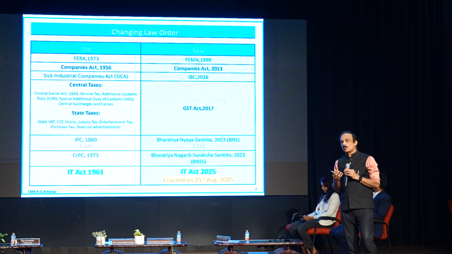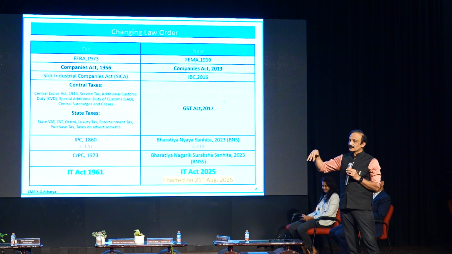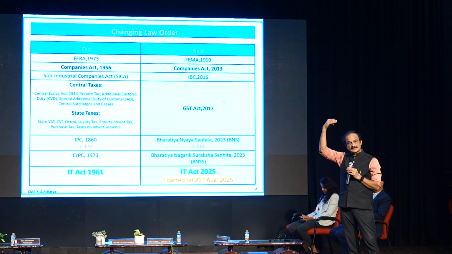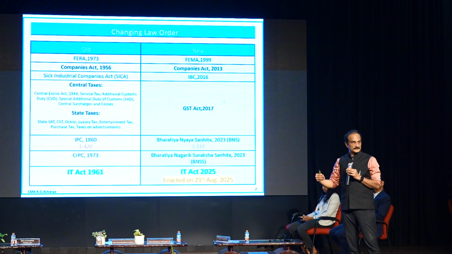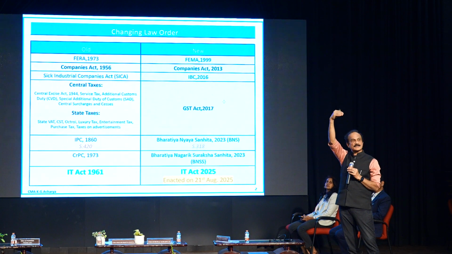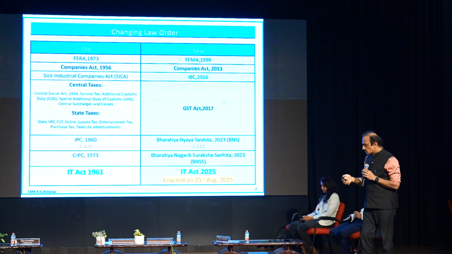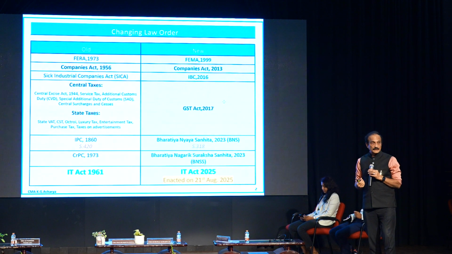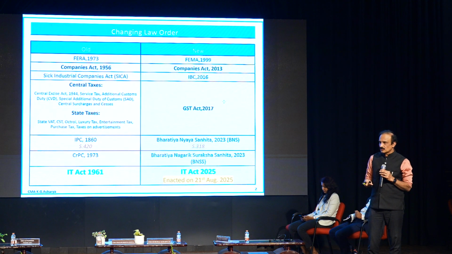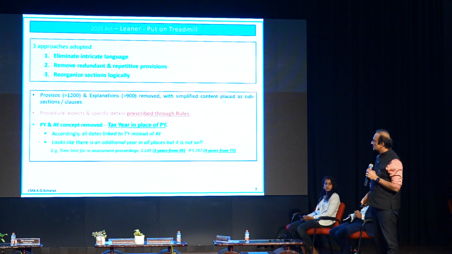For example, 194H is serial number 10 under sub-section 1, under a table in section 393 sub-section 1. So you'll have to say so many things: serial number, table, section and sub-section. That is a very difficult thing for us to remember. We will see that. So recalling is very difficult, but understanding is very easy. If you go to read that, it will be very easy. A lot of formulas and tables have come in.